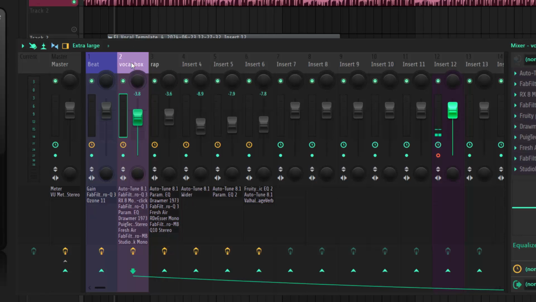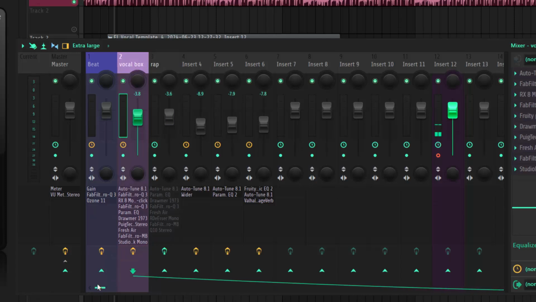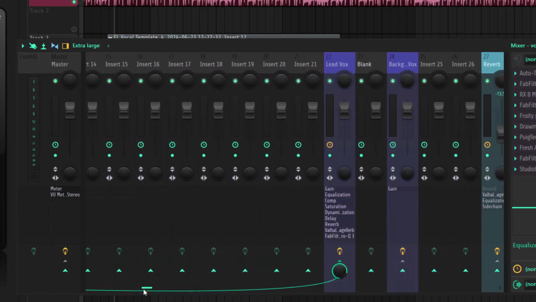If you can see, this is the channel for the vocal box, which consists of the main artist who is singing. Actually, this artist is the same person singing and rapping, trying to mix up some stuff. So the rap aspect we're going to talk about in our next tutorial. So I'm going to be muting every plugin that is connected to that, cutting it off the tracks because of our CPU.